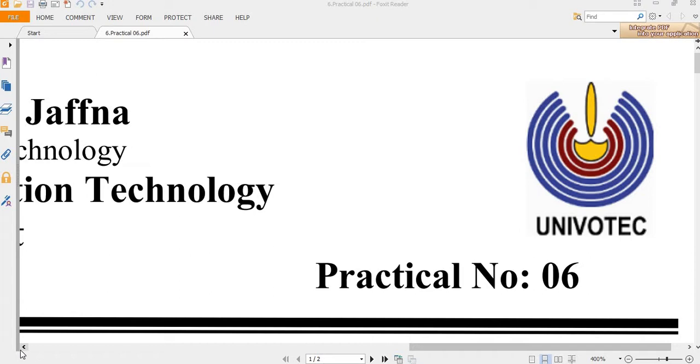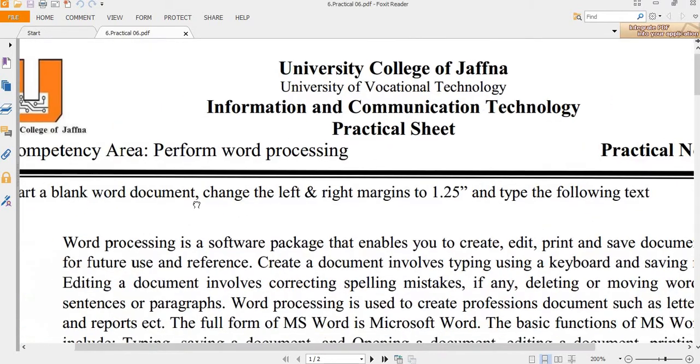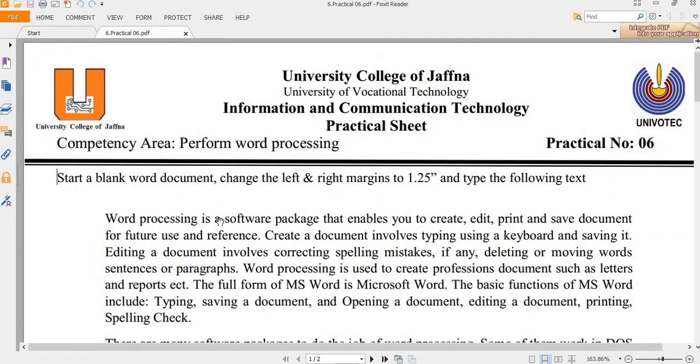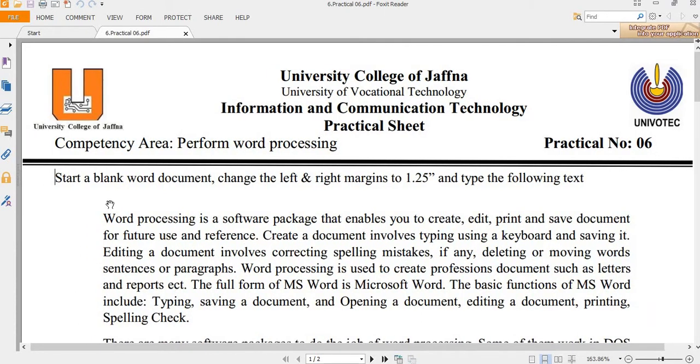In this video, we are going to discuss Microsoft Word practical number 6. Initially, they are giving the instruction: start the blank Word document, change the left and right margin to 1.25, and type the following text. So here,